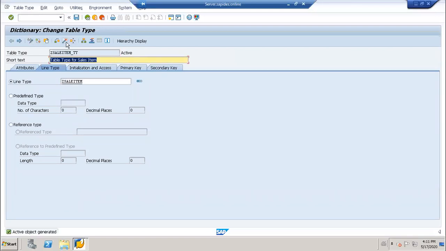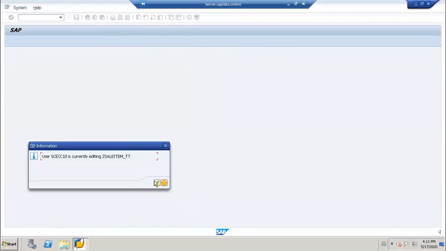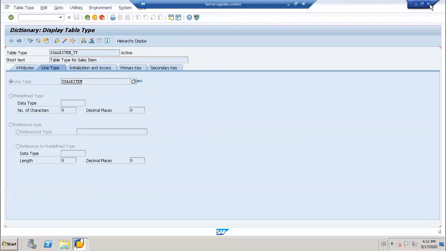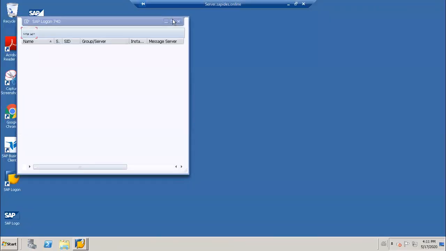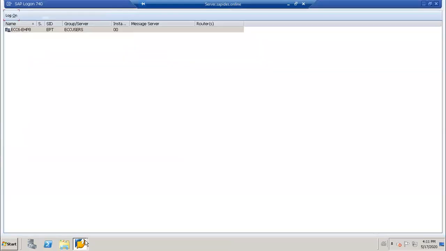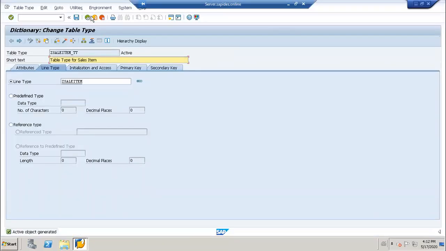Activate once again. Okay. Now I'll go to the function module.